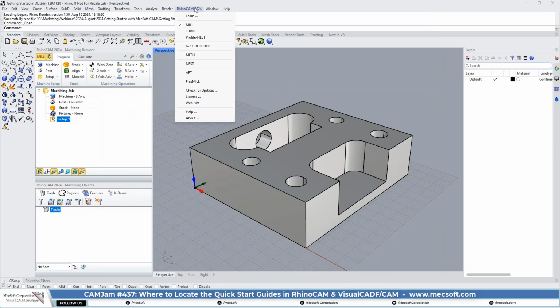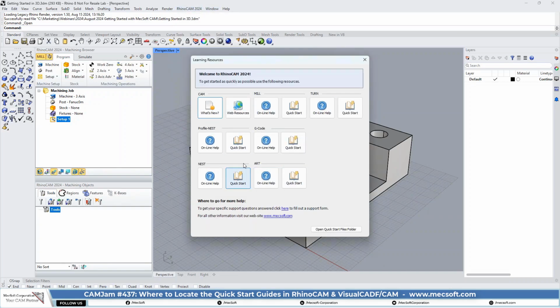Again, just to recap, if you want to get access to the quick start guides, go to the main menu, pick learning, and you have access to those guides right here. Also, I wanted to mention that we'll be talking about this a little bit in segment 3. There are video versions of these quick start guides on our YouTube channel. And when I go through the online help, I'll show you how